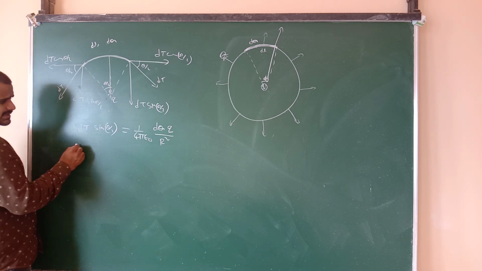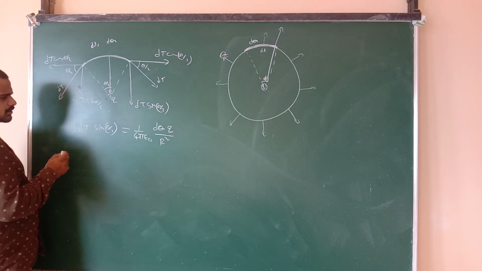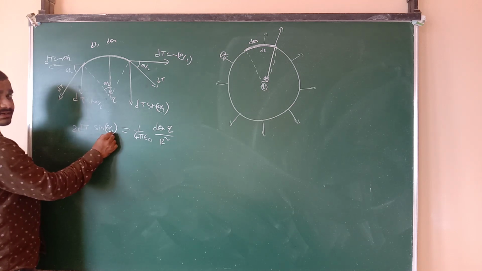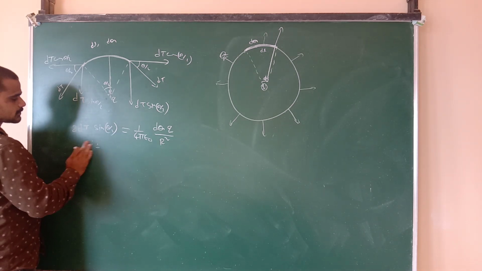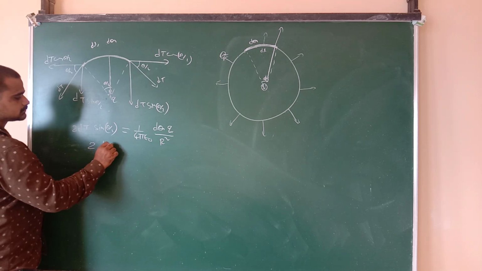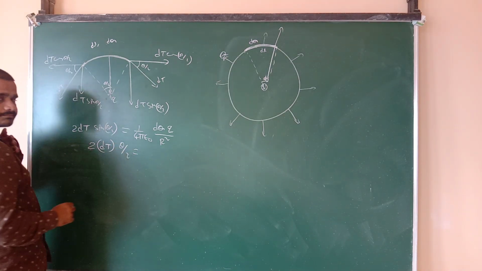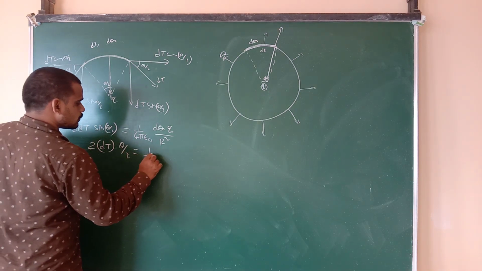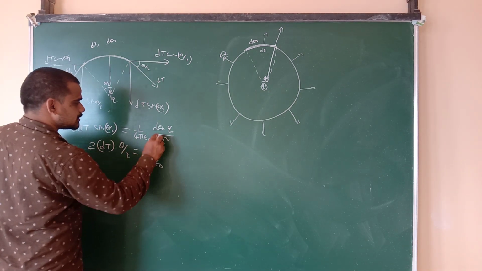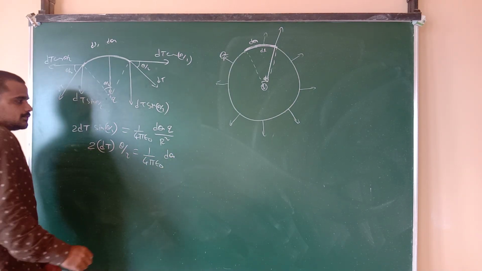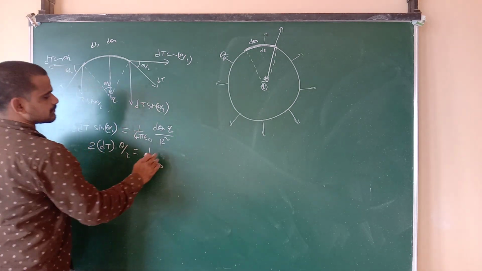Now what I am doing is, simple logic here: over answer will get answer here. For small angles I can write sin theta as theta by 2. Sin theta can be written as theta by 2. Correct? Right? 1 by 4 pi epsilon naught dq into q. What is dq?